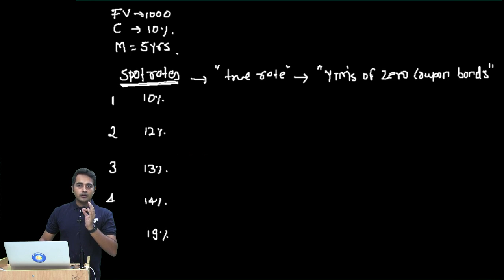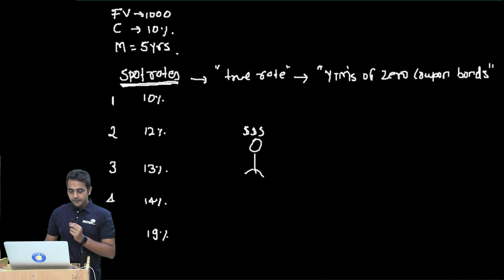So how do you think of spot? Now listen to this very carefully. I am an investor. I have some money with me and I have to take a decision about investment. So I go to a bank. I'm just exaggerating, building up a scenario. I go to a bank and ask them that if I invest this money, how much return will I earn every year? The banker in return is going to ask me what is the period for which you are planning to invest. So if I tell him that I wish to invest for 1 year,